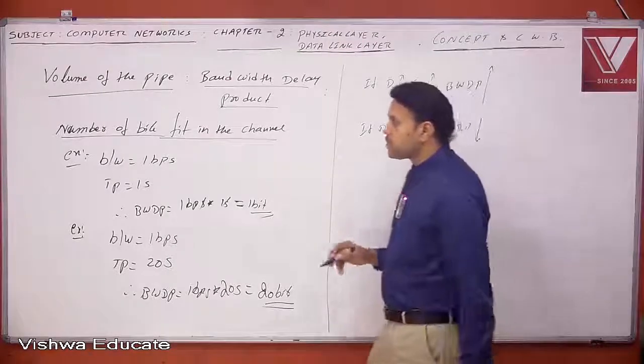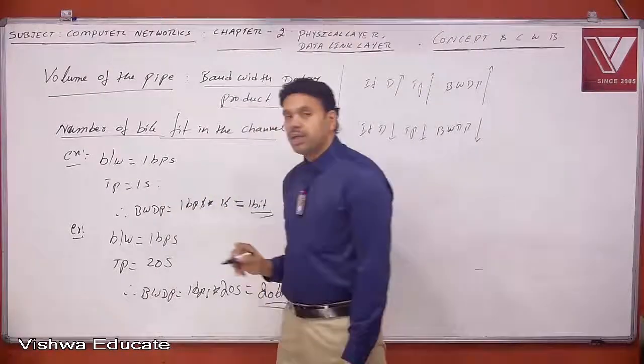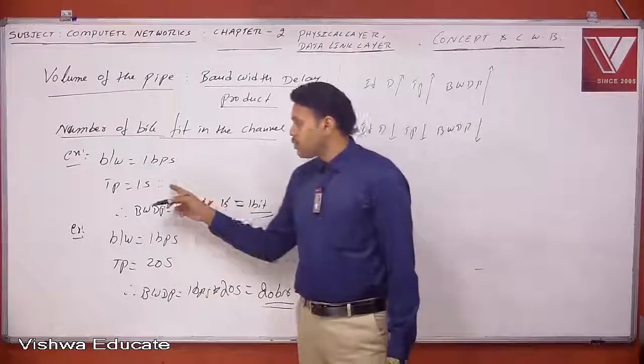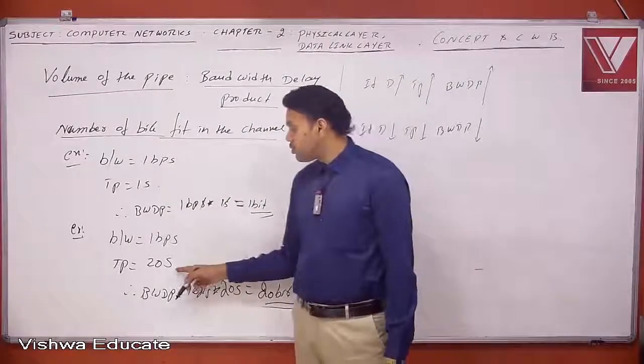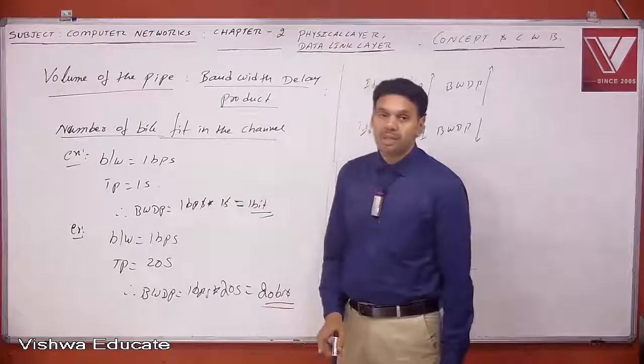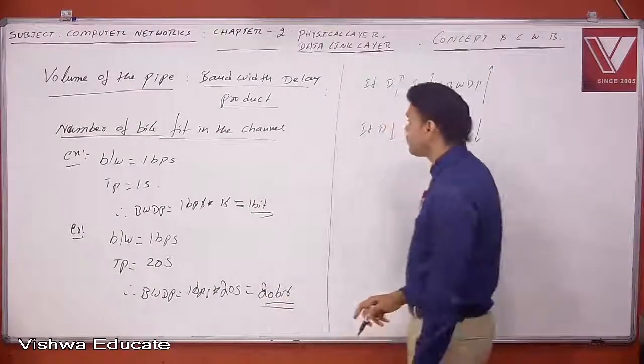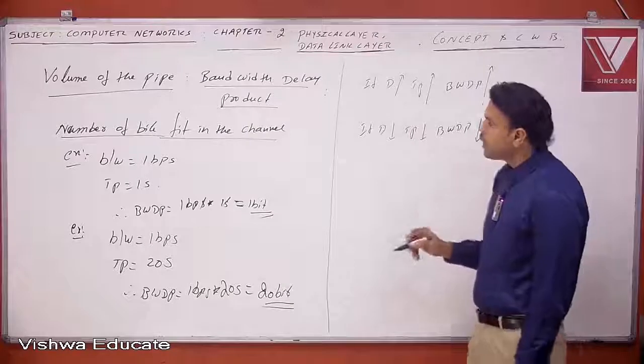So it all depends only upon the propagation time, not the switching. If it is 1s, you have 1 bit; if it is 20s, you will have 20 bits in the channel. Okay friends? Our next parameter is